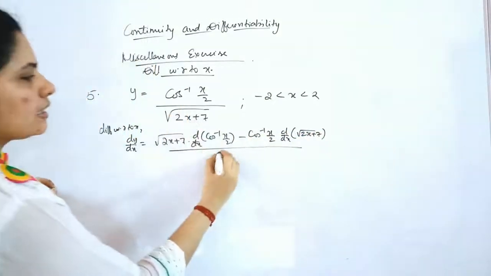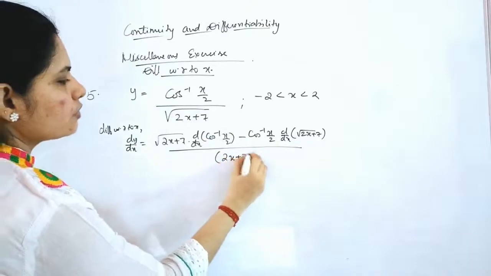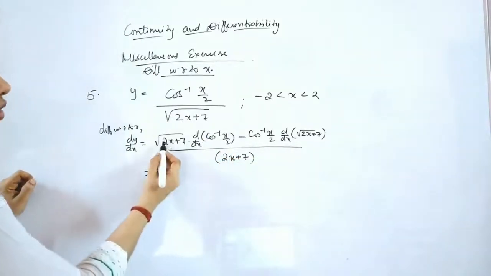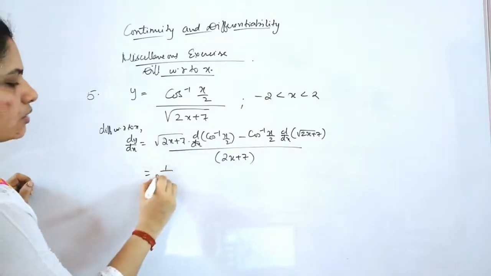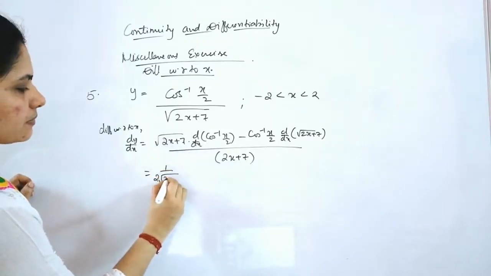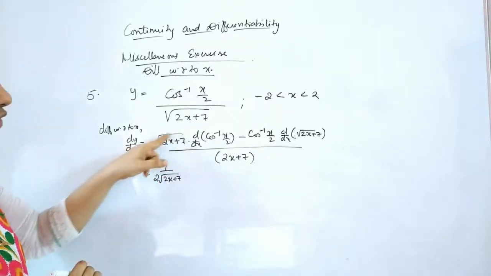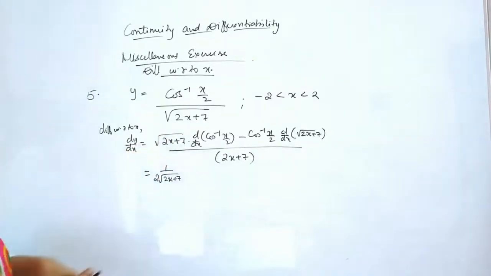So that will delete your root, which will give you 2x plus 7 in the denominator. Okay. Now what is numerator? Root of something is 1 by 2 root of that into derivative of 2x plus 7 also you have. Okay, this is your,